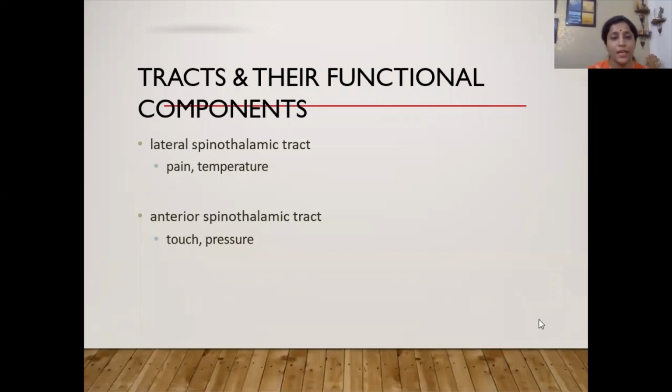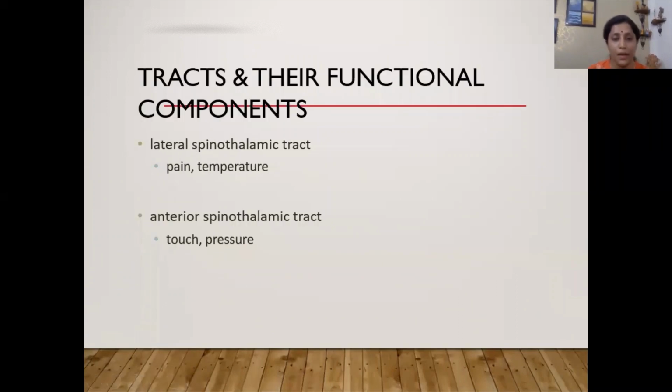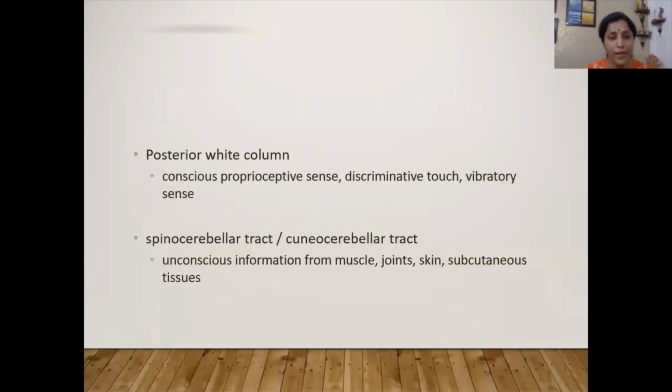We have seen the lateral spinothalamic tracts, the anterior spinothalamic tracts, the posterior white column, and now a word about the spinocerebellar tracts. Now, as the name indicates, they originate in the spine and they end at the cerebellum. The cerebellum, as we all know, is the center for tone, posture, and equilibrium. It forms the lower part of the brain and is very important. And here the non-conscious sensations terminate.